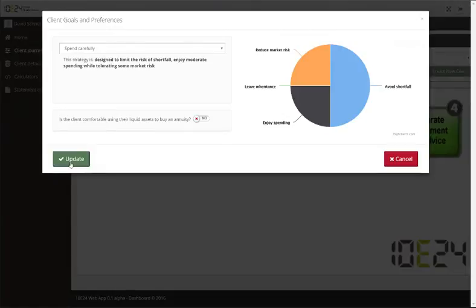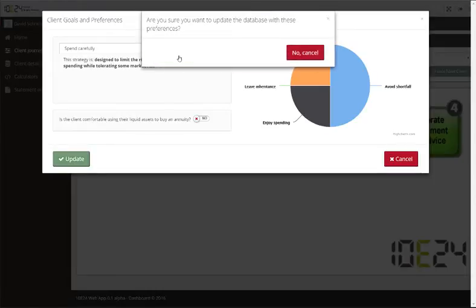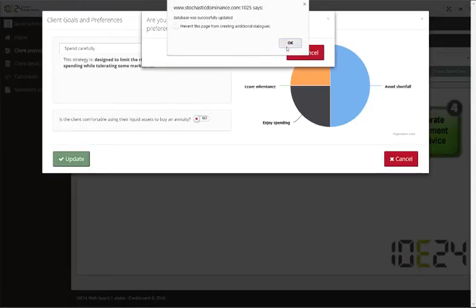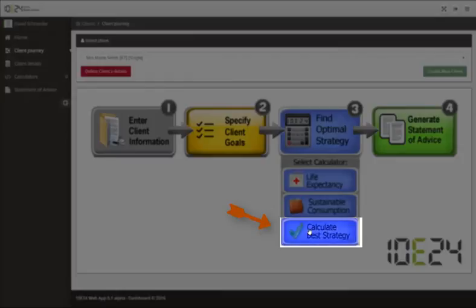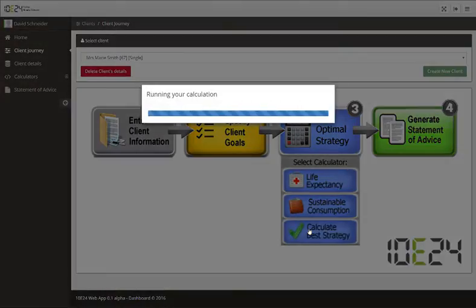If you recall, Marie wanted to set the goal of spending in a responsible manner. We select this goal for her and update her details. We're now ready to run the calculations. The only calculator we must run is to click on the bottom button, Calculate the Best Strategy. Future videos will discuss the different calculators we could select for Marie, but for now, we'll only focus on calculating